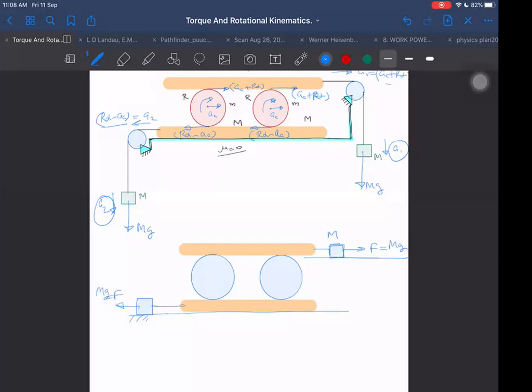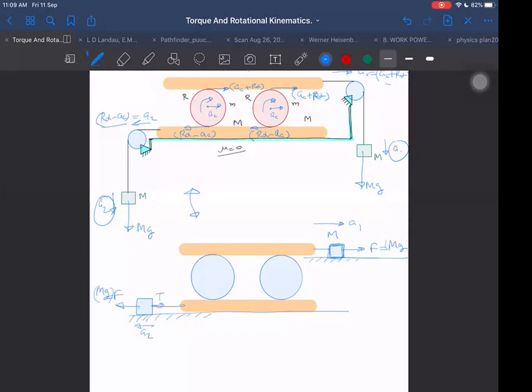Is there any difference between this situation and this situation? I think mathematically no difference. Physically there is a difference, but mathematically we are getting the same equations, because here also the force applied is mg, here also the force applied is mg. And this will give it acceleration this side A1, this will give it acceleration this side A2. So it has no difference at all. Understood or not? Mathematically, no difference at all. Mathematically, the same equation we will get.